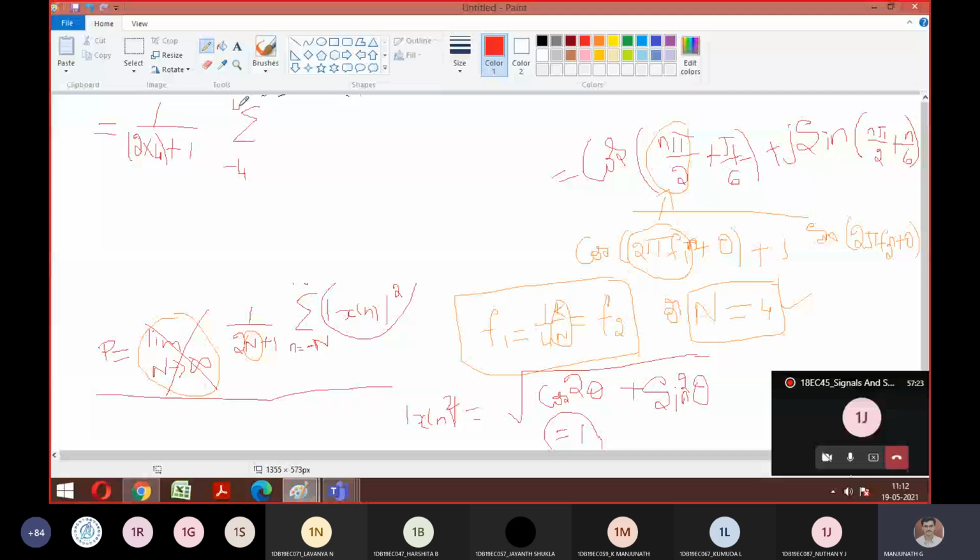So what is the magnitude square we just proved? That is equal to 1. Simplify this and tell me what the answer of power is. What is the meaning of summation -4 to +4 of 1? It's like 1 plus 1 plus 1. Tell me the final answer. We expand this summation and simplify. It's like 1 by 9. So this is 1 by 9, and check out what the answer is here.